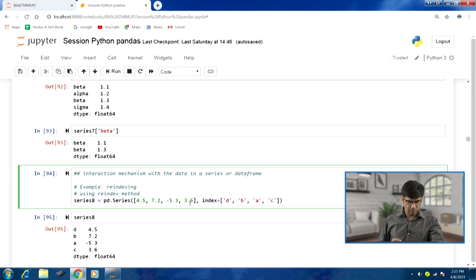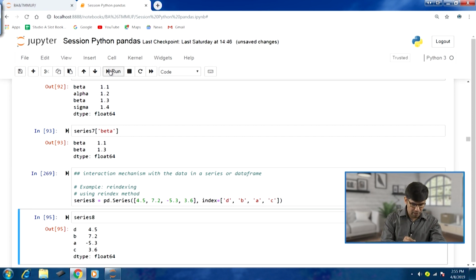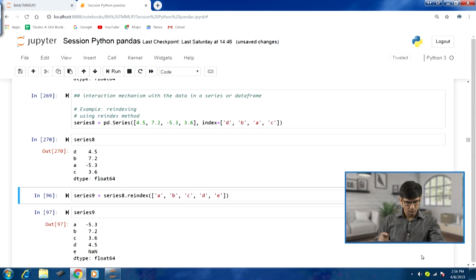Let's take this example of series 8, where we are defining this series with 4 elements, and you can see the index also. Let me run this. If we want to re-index this series, you can see series 8 dot reindex.